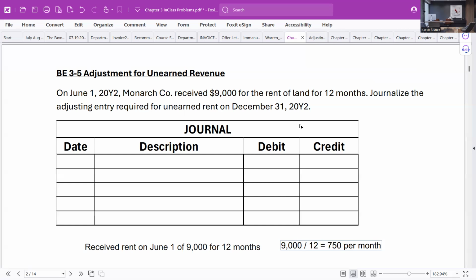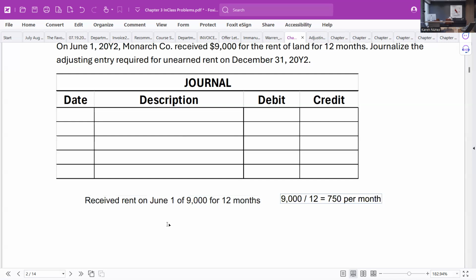And now it's 7 months down the road, right? So June 1 through December 31 equals 7 months. We need to adjust the accounts for those 7 months because the unearned revenue account has 12 months of rent in it, but 7 months has now elapsed, and we need to recognize that revenue for 7 months. 7 months times 750 is $5,250. So what we're going to do on December 31st